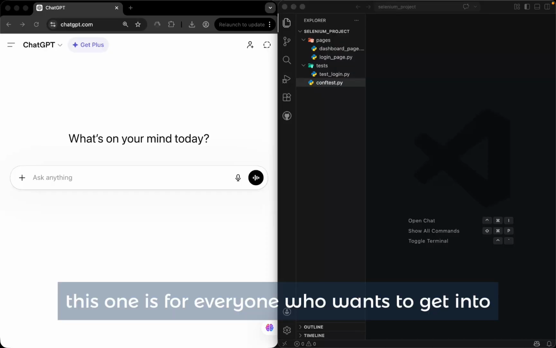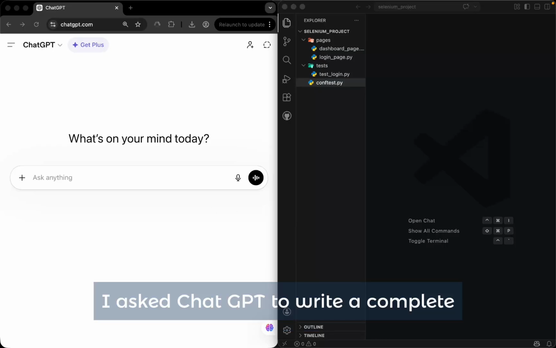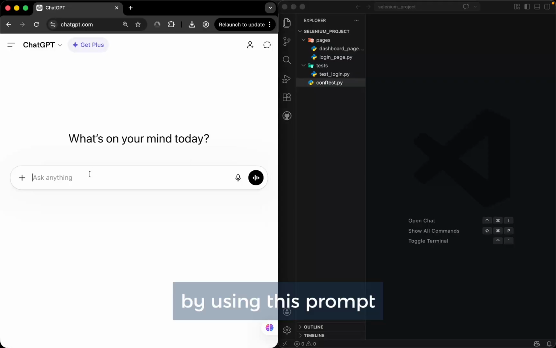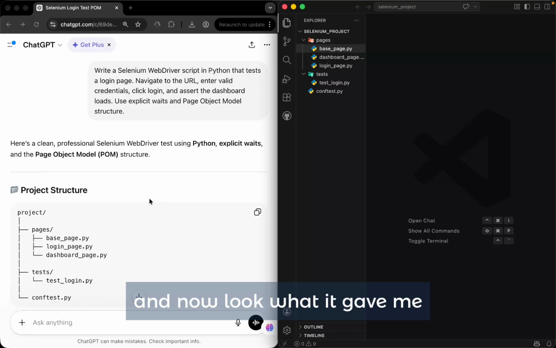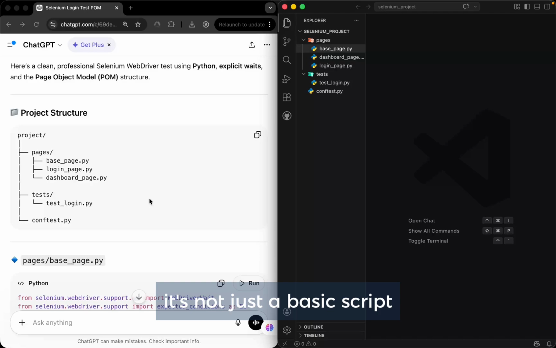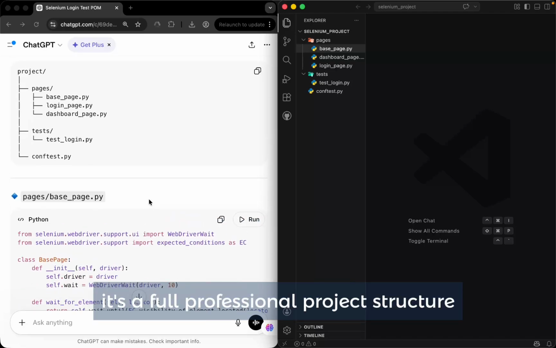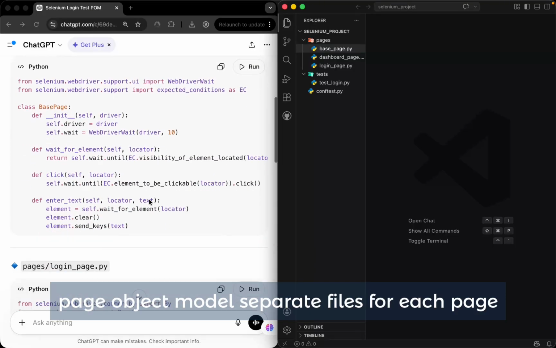This one is for everyone who wants to get into test automation but doesn't know where to start. I asked ChatGPT to write a complete Selenium WebDriver script for a login page by using this prompt. And now, look what it gave me. It's not just a basic script. As you can see, it's a full professional project structure, page object model, separate files for each page, a conftest